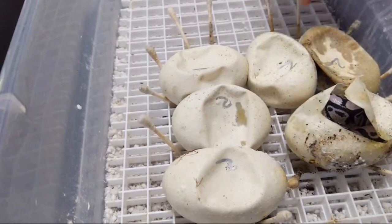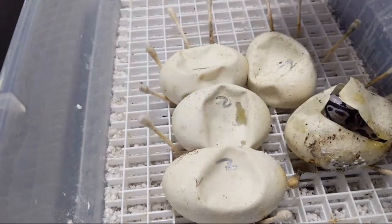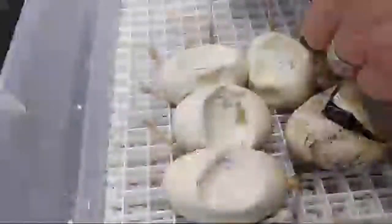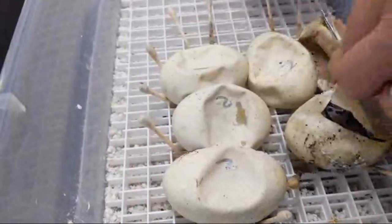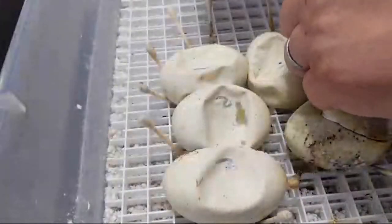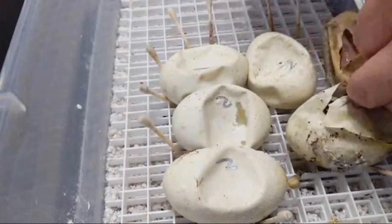Now, this is going to be the most difficult egg to cut. I'm actually going to pick it up to do so. It sunk in on me a lot, and I'm not overly confident in this egg. I'll be very honest. So I think this one might be a disappointment. I think we might have had something fall apart in development, is my guess. And we're going to have a close to fully developed baby. But I do not expect this one to necessarily be alive. So if it is, it's a bonus. Just because the egg sunk in, it did not look really good. And yeah, that appears to be the case